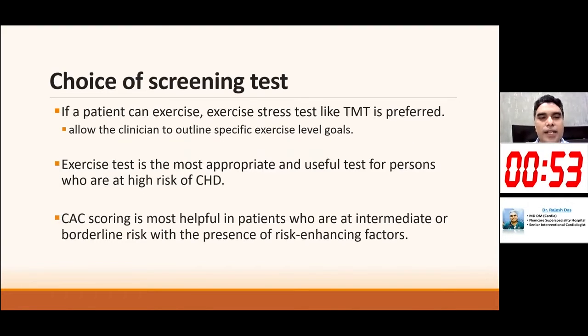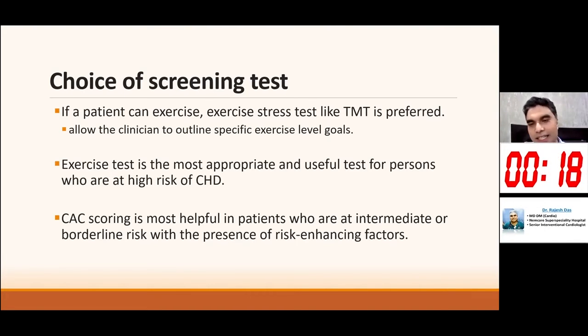Now, what are the criteria based on which our choice of screening test would depend? So if a patient can exercise, a stress test like TMT is preferred, because it gives us much physiological information. It can give us an idea about the exercise capacity of the patient and help in prescribing exercise therapy. Exercise test is the most appropriate and useful test for persons who are at high risk of CAD. Calcium scoring is most helpful in patients who are at intermediate to borderline risk, with the presence of risk enhancing